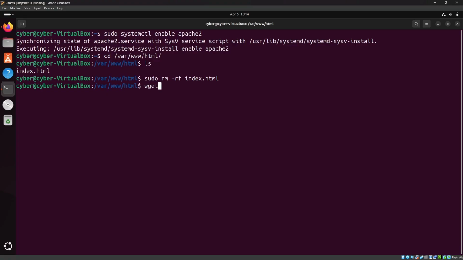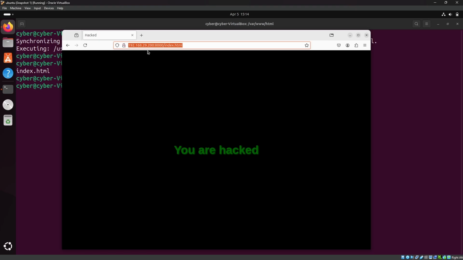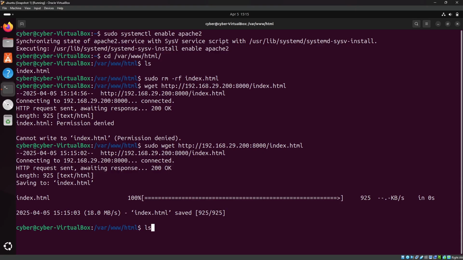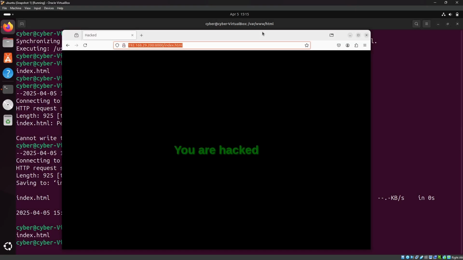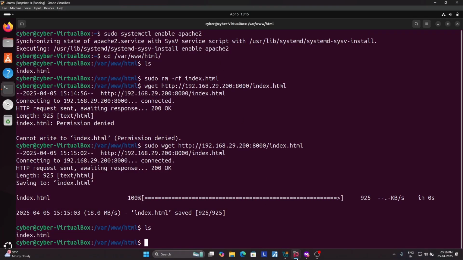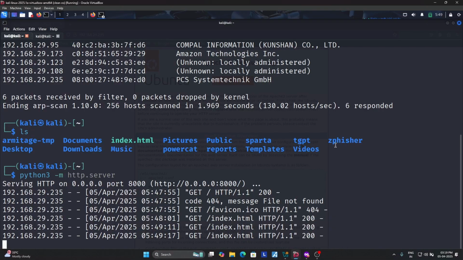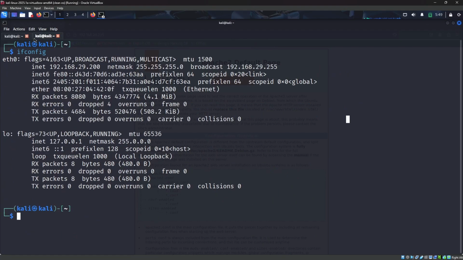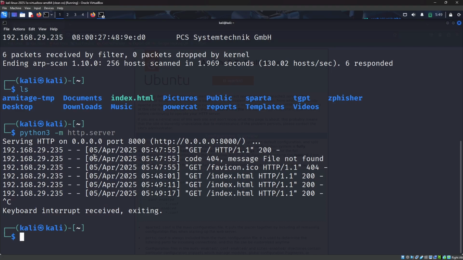You can use the command wget and the copied item, like you copied the URL in the Firefox, right? So yeah, I'm just pasting this, and I'm getting error, permission denied. So I just have to put sudo in front of it, and that's it. So I just pasted my new index.html in my Ubuntu machine. So I'm just closing this Firefox. I'm just moving to my Kali Linux, and I'm just closing this Python server, and in here I'm just closing this tab, and as you can see,